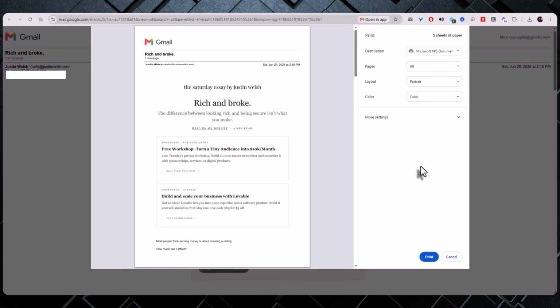Once you have toggled on the correct settings, scroll down to the bottom of that menu and click the blue Print button. Your printer will start running, and you can now close that extra browser tab to return to your